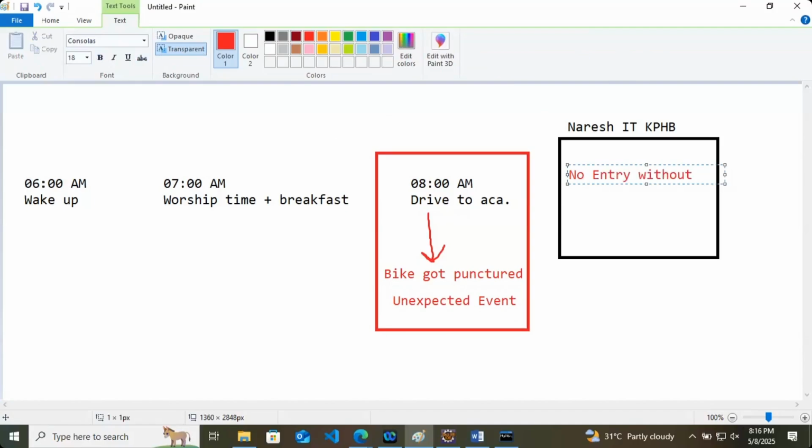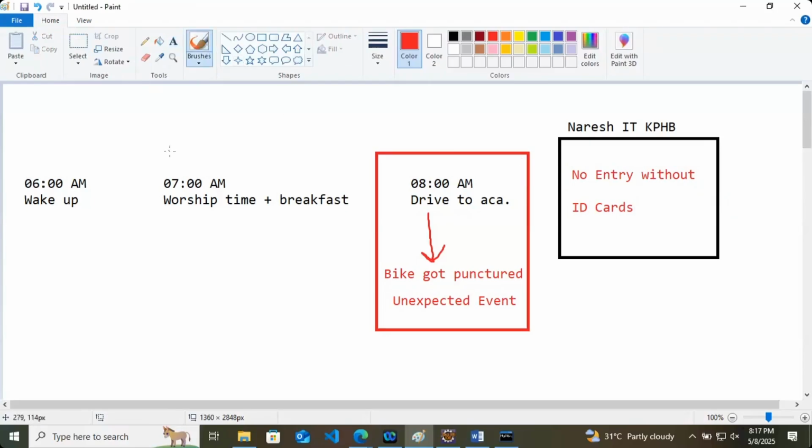Generally, whenever you are joining a good IT company, it is the policy that you cannot get entry without an ID card. You have to have your ID card with you, right? And Flipkart has a very bad policy in this. They don't allow. The watchman will ask you who you are if you don't have an ID card. Even if he is watching you daily, he will ask, who are you? So no entry without ID cards.